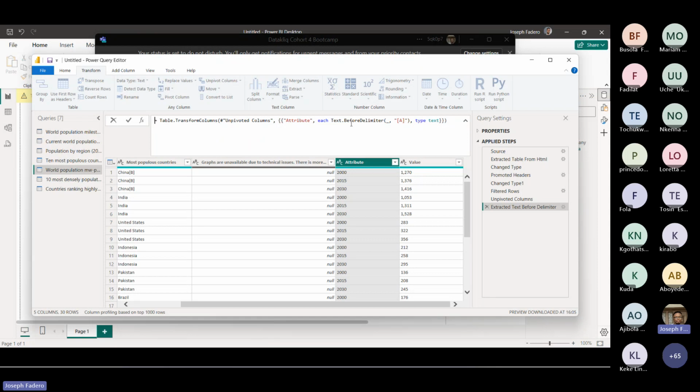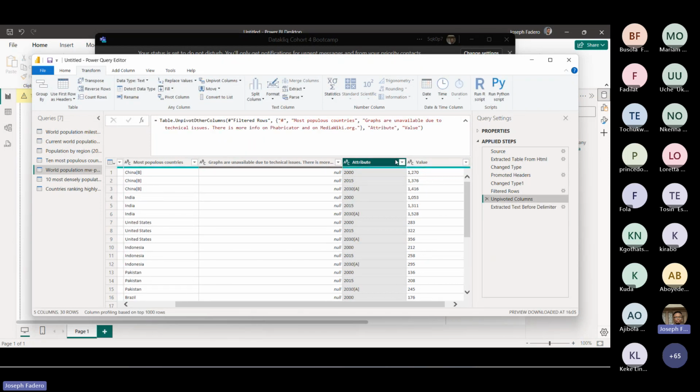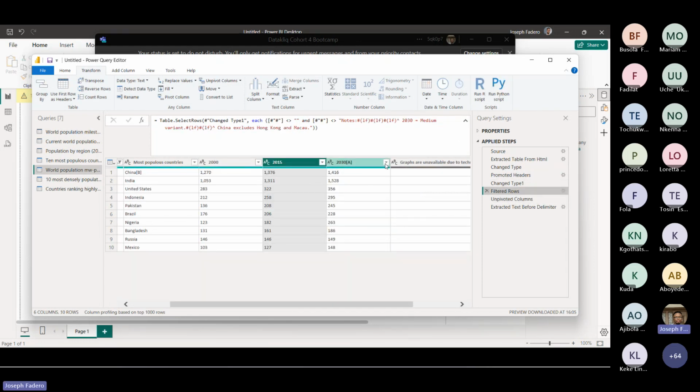This is the code that actually did that transformation. The same thing for these unpivoted columns: this is the code that helped us unpivot those other columns. The same for these filtered rows: this is the code generated behind the scenes that helped us filter these rows.